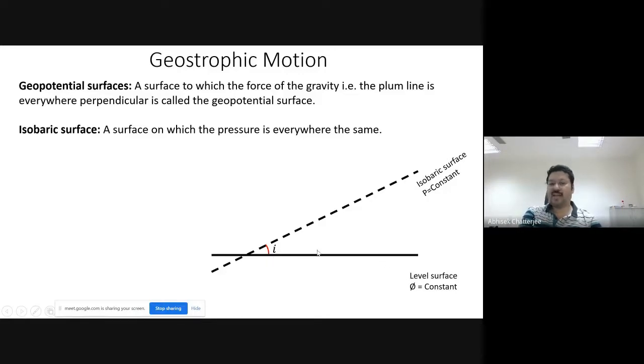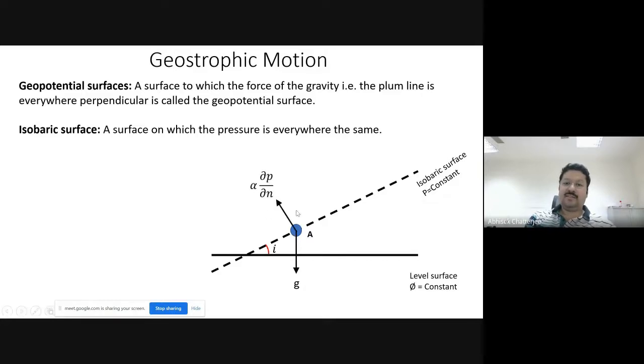So we are assuming that my isobaric surface, or pressure surfaces, are tilted with respect to the geopotential surface with an angle I. Okay, so that is my angle. Let's take a point A on the surface of the ocean. So this is my surface, right? Sea level. And gravity is acting perpendicular to my geopotential. Gravity means G star. When you're talking about ocean dynamics, G means G star. So we are already dealing with that corrected G.